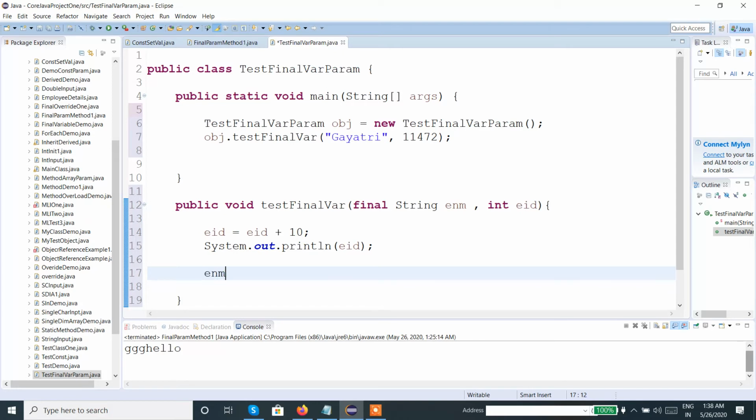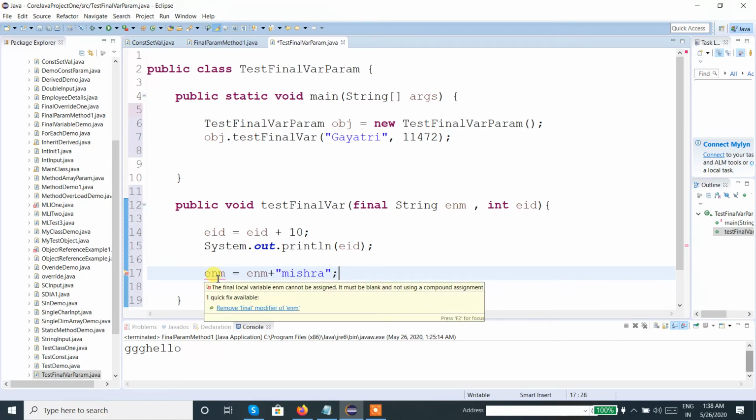Let's say enm Misra. So I am trying to append the string. Now see, when I tried to append the string, here I am getting the error message.